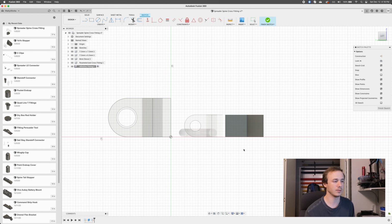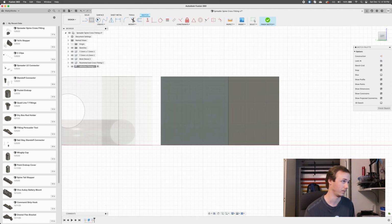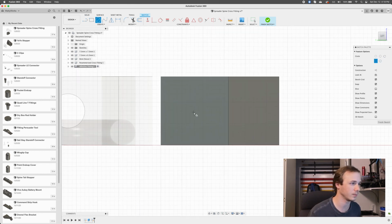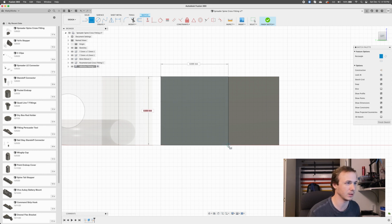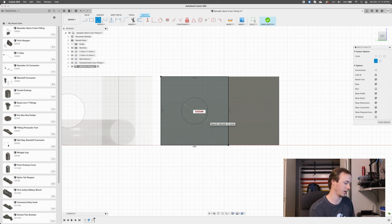Yeah. Go into this guy. We're going to put a hole right centered in here. Will it let me center that? I don't think it's going to. So let me do a rectangle so that I can have some pretty clear dimensions. I'm going to put a rectangle around that I can reference really easy. I'm going to call that spreader